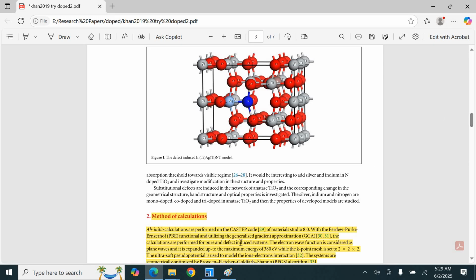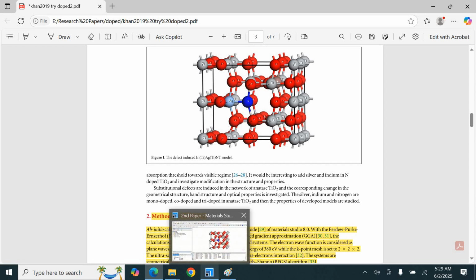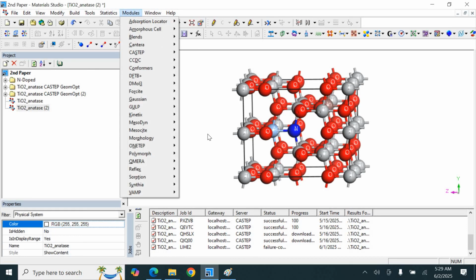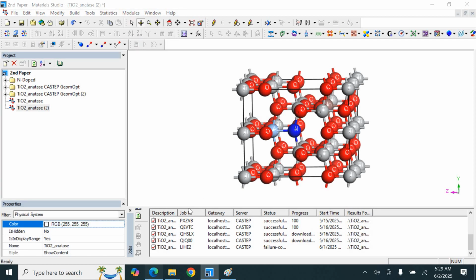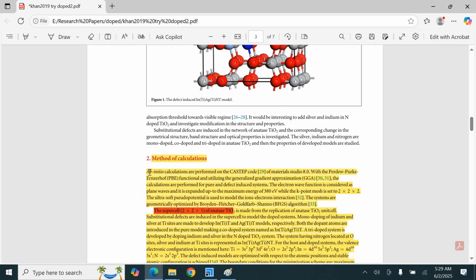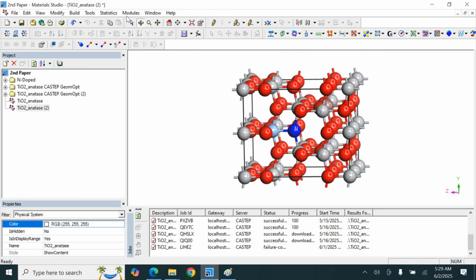Okay, now how to set up the calculation steps. For this we use CASTEP. The initial calculations are performed with the CASTEP code. So we have to open the CASTEP